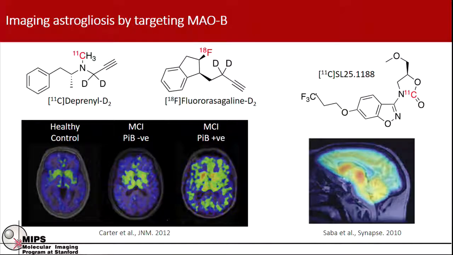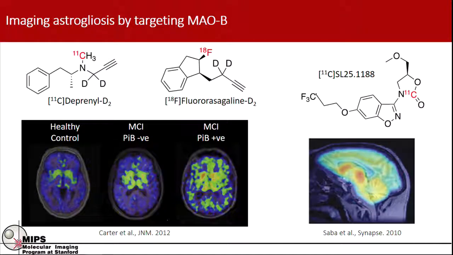So this is a marker of astrogliosis. And you can see in this image here, healthy control, not a lot of uptake. And then in your PIB negative, not a significant amount, but in your PIB positive MCI patients, quite a substantial increase in the binding bilaterally in the frontal and parietal cortices. So that is indicating that astrogliosis is playing an early role in Alzheimer's disease development and definitely warrants the further